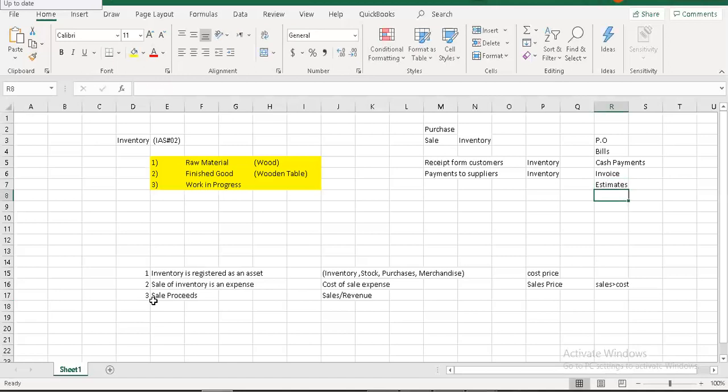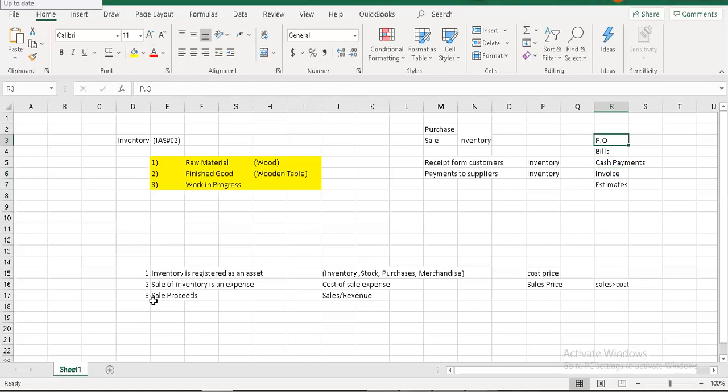So by this proper documentation, QuickBooks performs all the accounting regarding the purchase and sale of inventory and the receipts from customers or payments to suppliers.